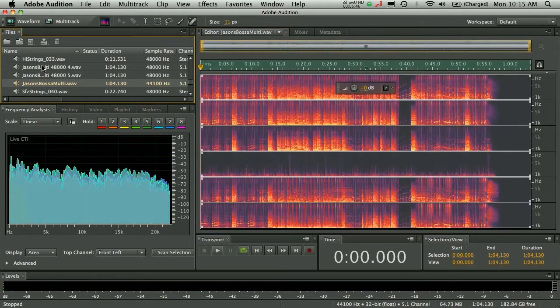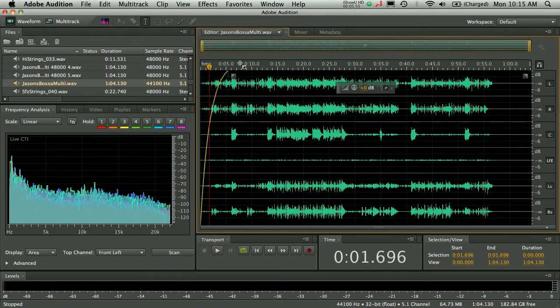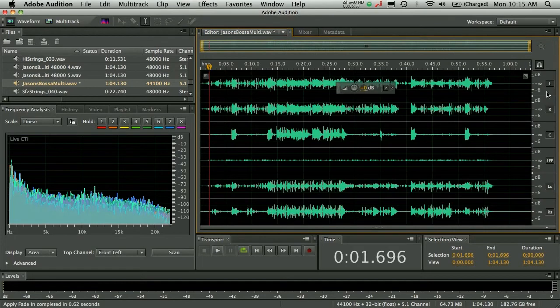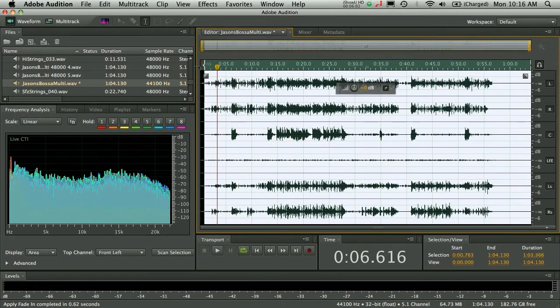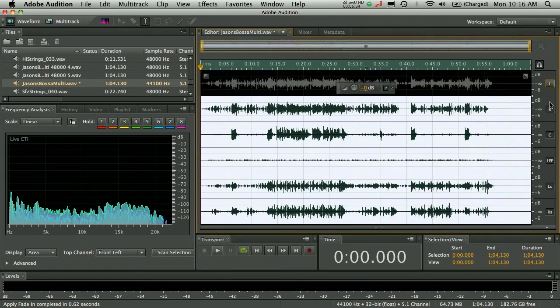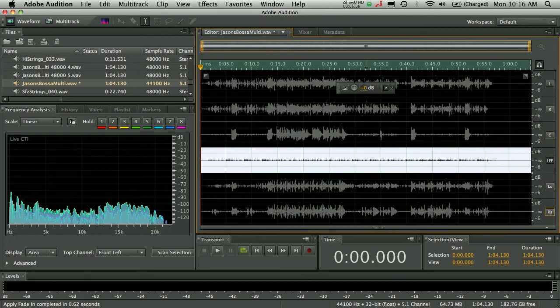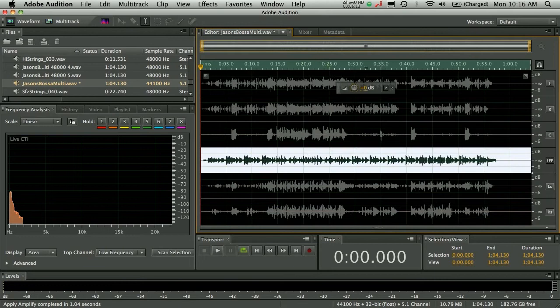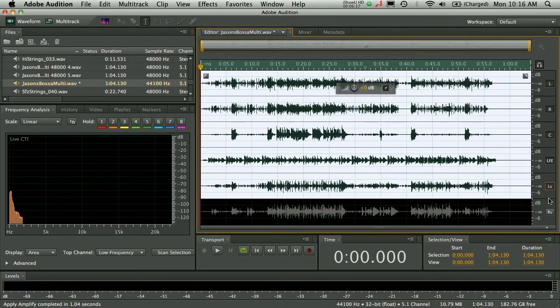Let's bounce over to the waveform view because now you have true 5.1 editing capability. So you can actually edit these multi-channel files. You can either make global changes like adding global fades to the beginning and the ends like this, but it gets even better. What if we just wanted to affect something like the LFE channel? We wanted to bring up the volume of the LFE or apply an effect or a compressor to just the LFE. Well, I can disable all of the other channels, only select LFE, go ahead here, let's just make a little volume change like that, boom, and it only applies to that single channel. True multi-channel editing inside the Audition